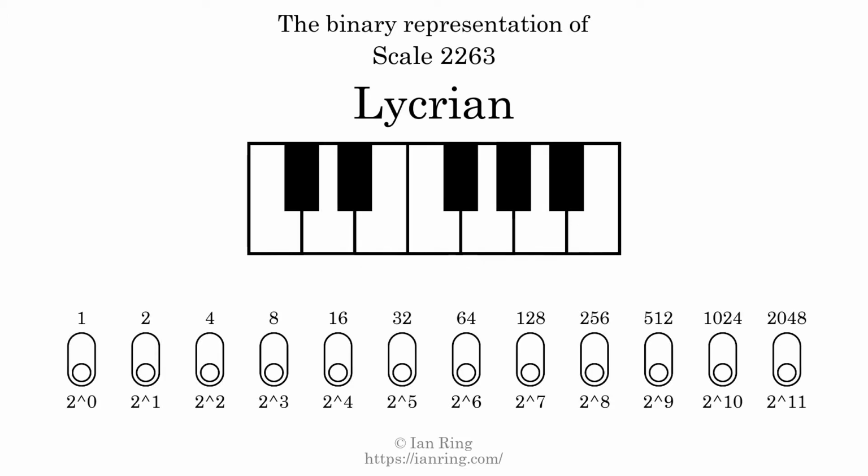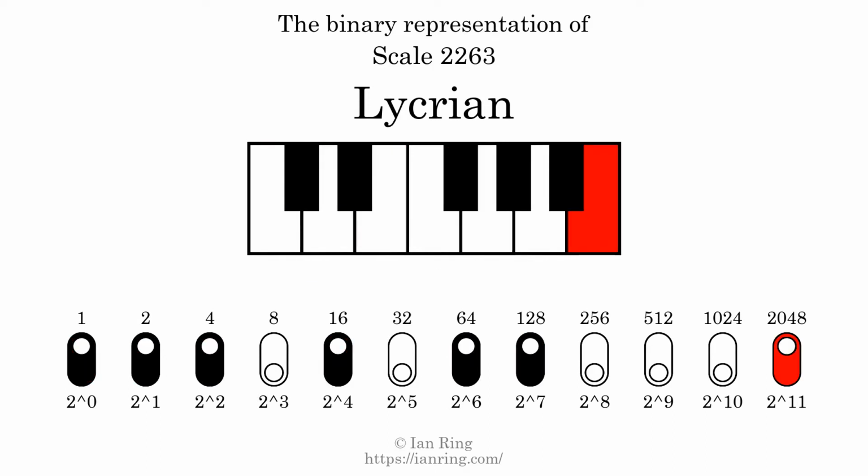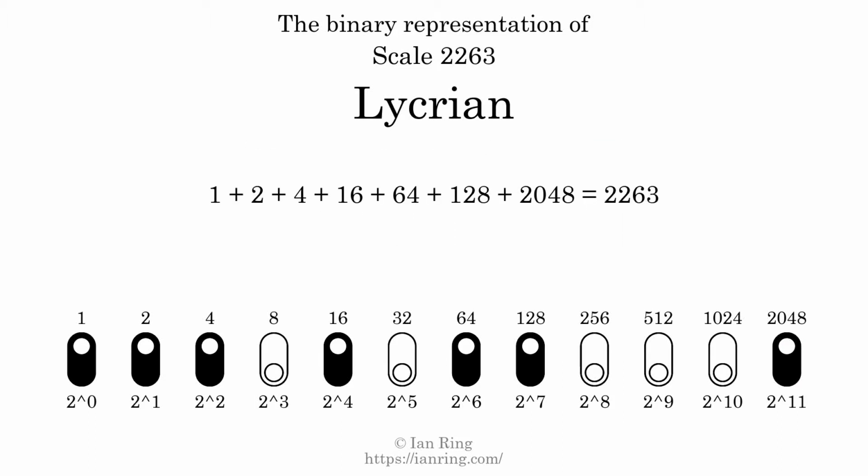The binary representation of this scale is determined by mapping tones of the scale to binary digits. Each binary digit represents a power of 2. To get the scale number, we add the powers of 2 together. The powers of 2 that are present in the scale, all added together, equals 2263. That is why the scale number, in decimal, is